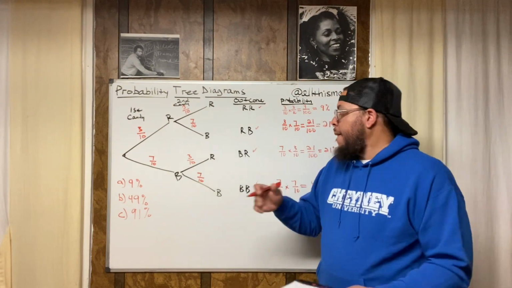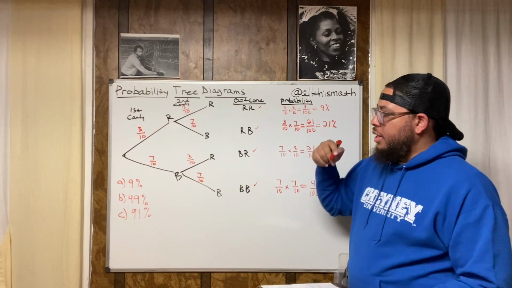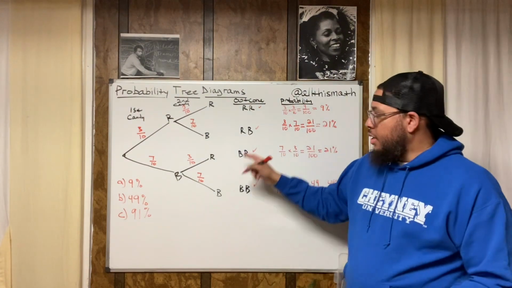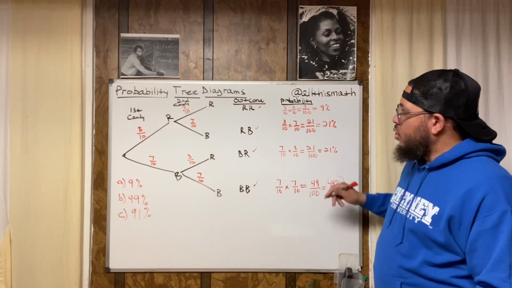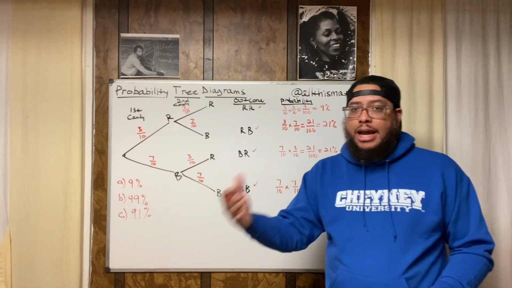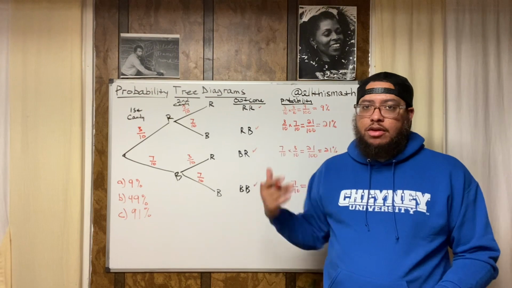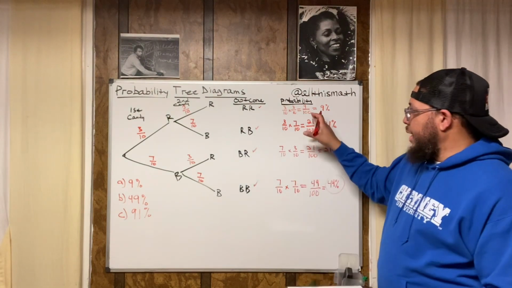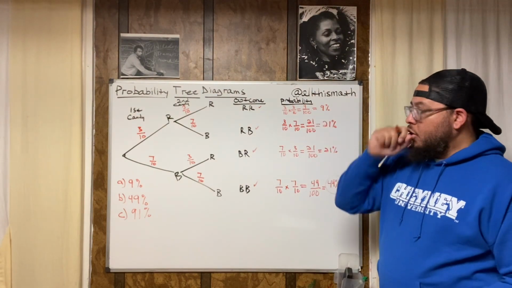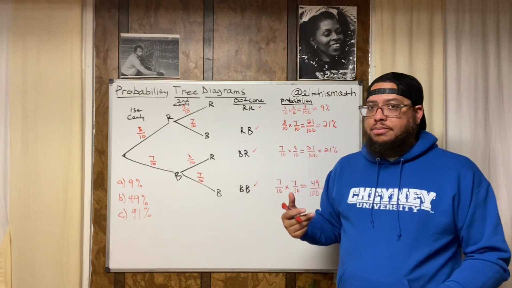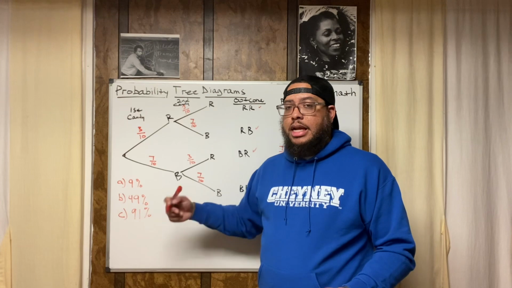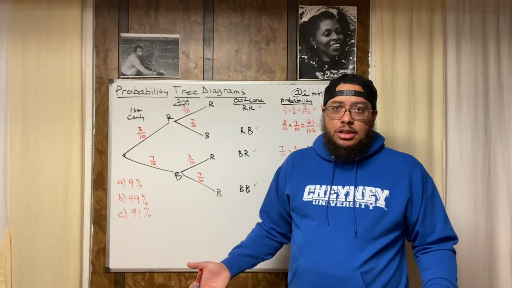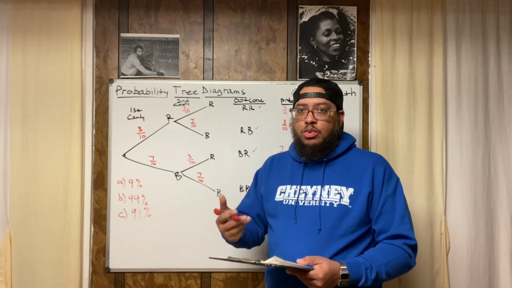Either way, you could take the probability of something actually happening and add those probabilities together, 21, 21, and 49, or you could take the probability of something not happening and just subtract that from one. Like it will be 1 minus 9/100ths, or it will be 100% minus 9%. Either way, you're still going to get the right answer, which is 91%. There's a 91% chance that Jakisha is going to get at least one blue candy.